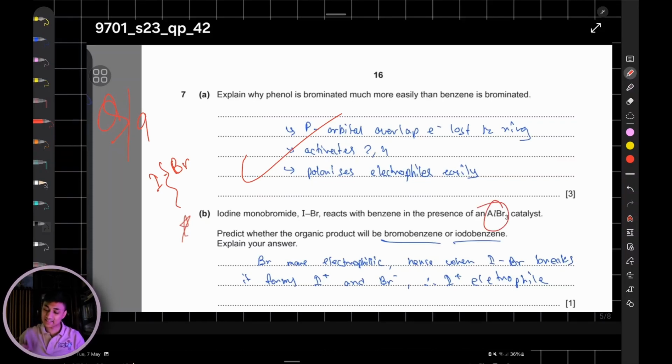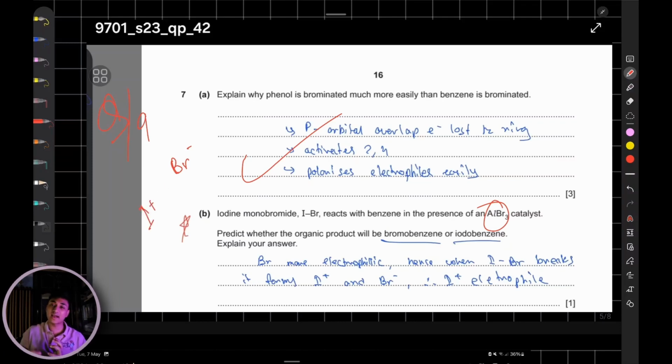Now, seeing the catalyst, you may imagine that since there is AlBr3, obviously it is going to be bromine or Br plus electrophile substituting your hydrogen atom of the benzene structure. But that is not the case. The thing is, in case of iodine and bromine, which one is more electronegative? Bromine. Hence, when heterolytic fission takes place, this bromine will form bromide ion,